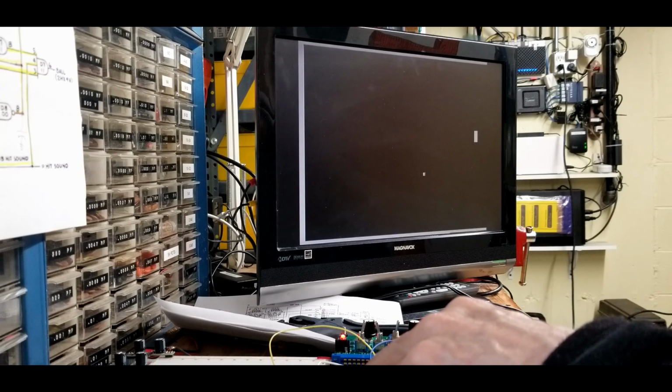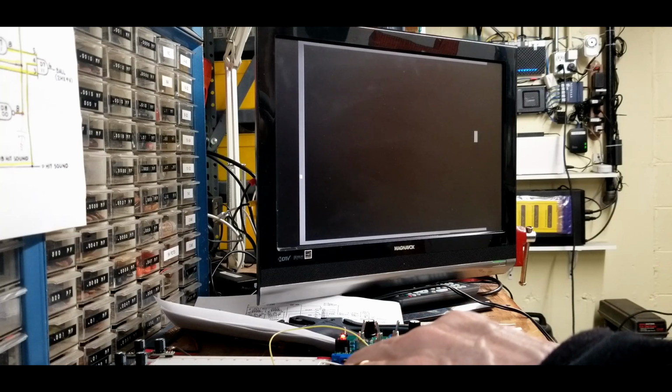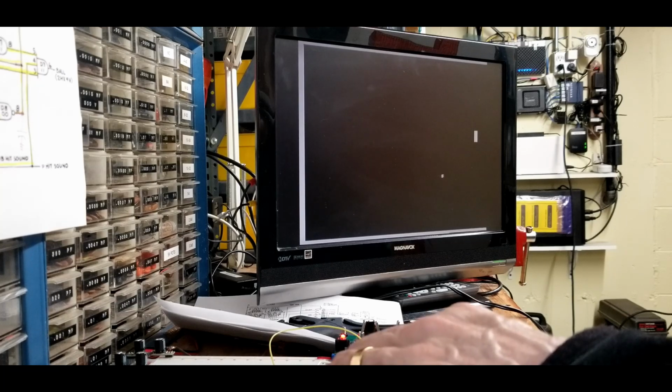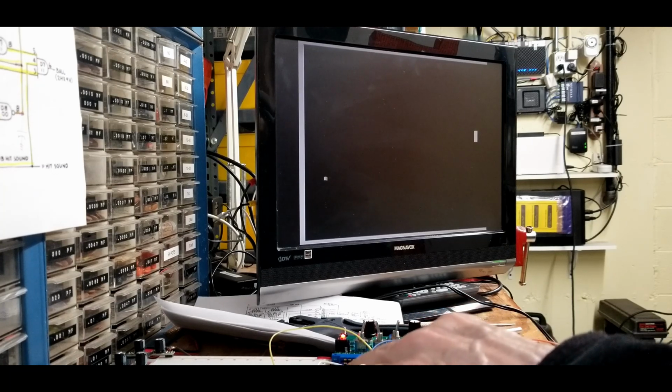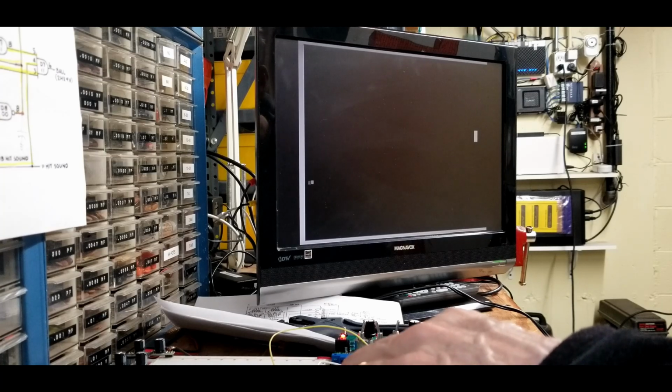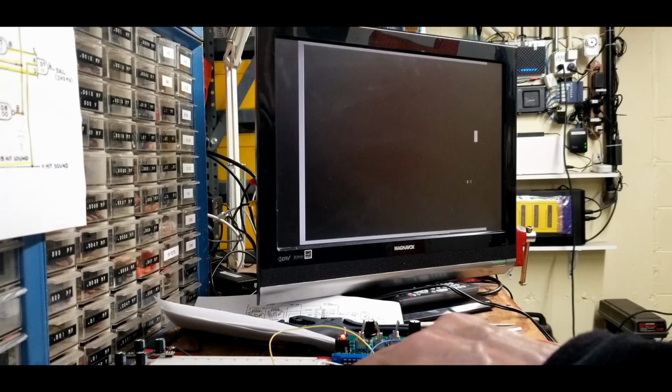Let's try 3. 2. Medium. 1. Fast. And our illegal 0. Really fast. We should figure out a way to use that as a difficulty feature.